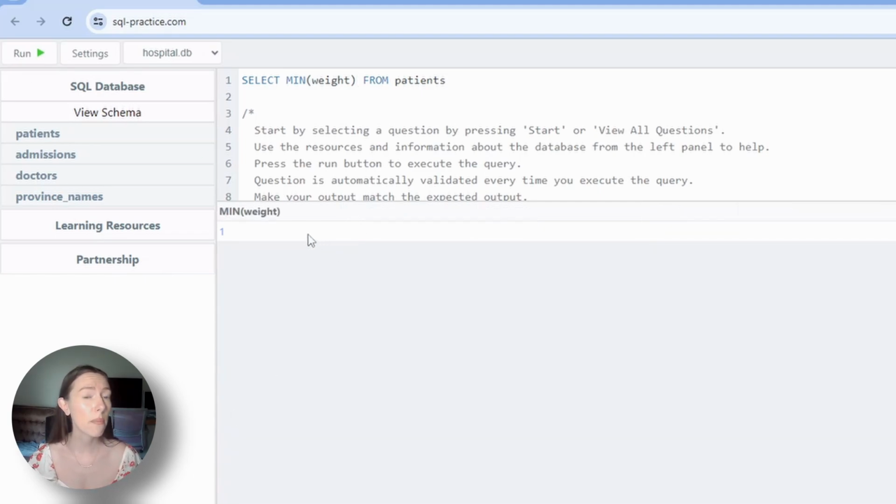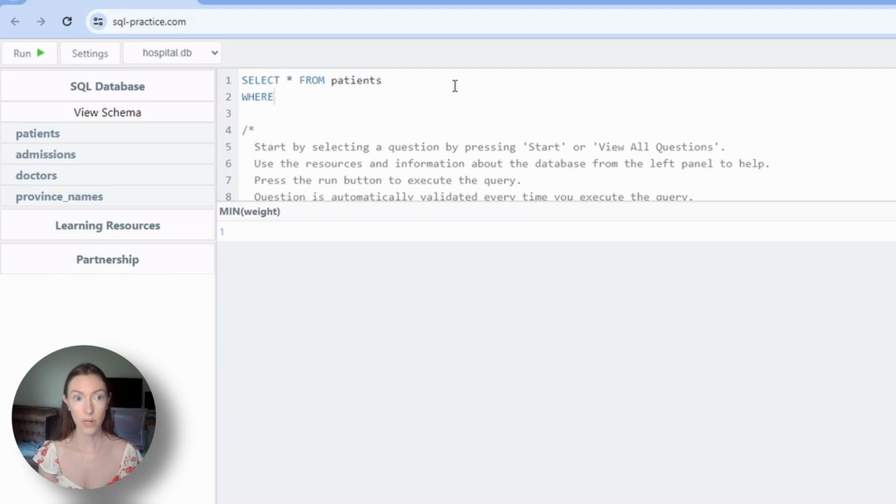So somebody weighs 1 pound, apparently. I'm curious about something. This is what I would do on the real job. I find that weight suspicious. I want to investigate this more. I'm going off tangent here, off lesson. But if you're just curious, what I would do to validate, is somebody really 1 pound? I would do select all from patients where weight is equal to